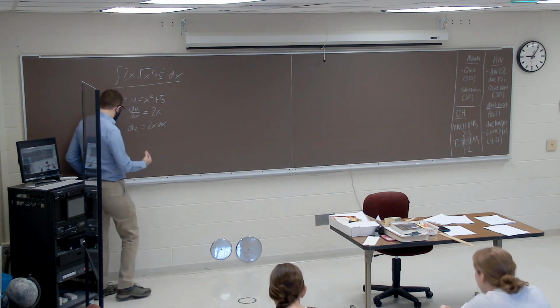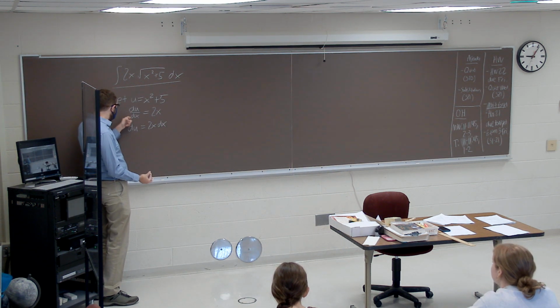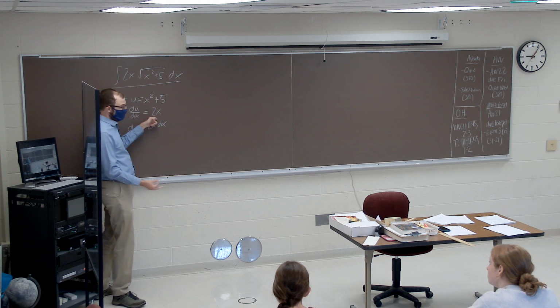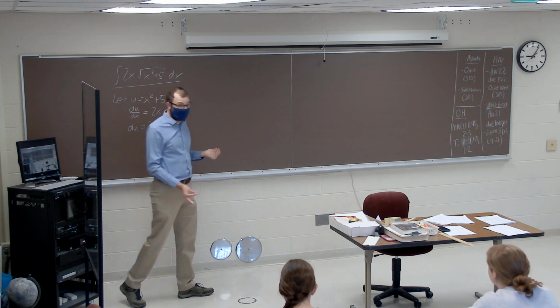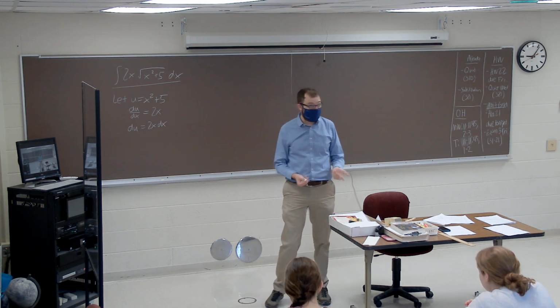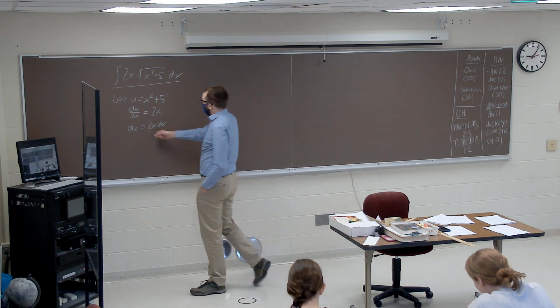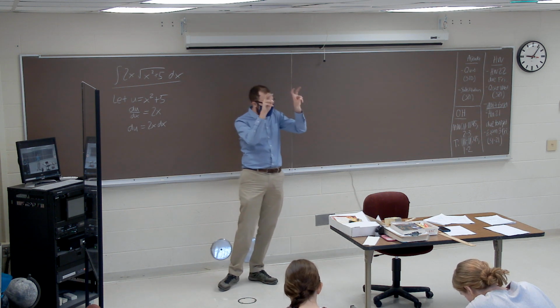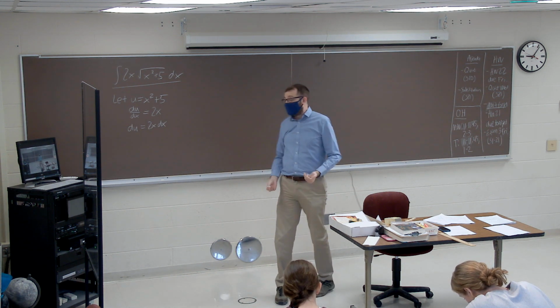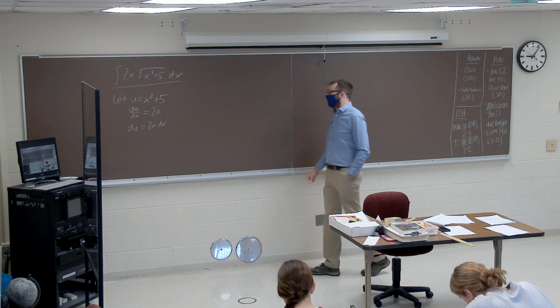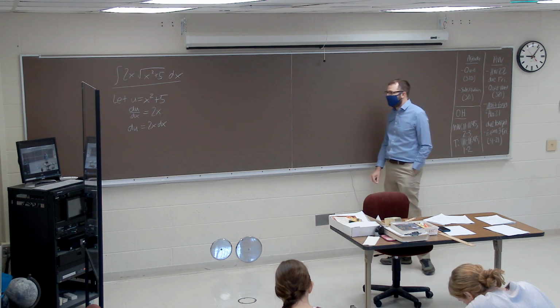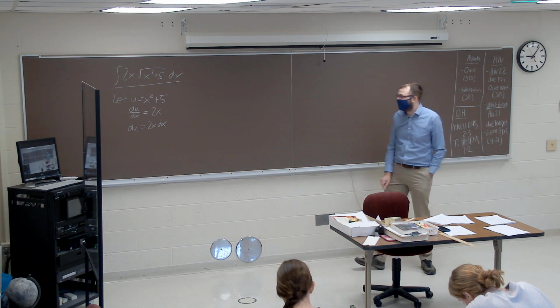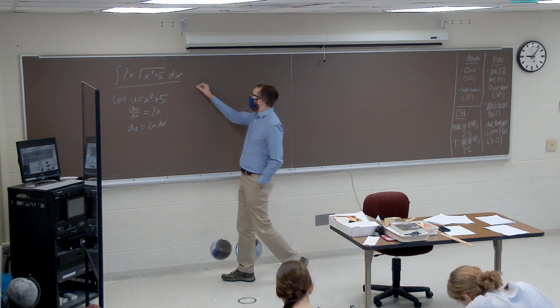So, if du dx is just 2x, the derivative of u with respect to the variable x, and we multiply both sides by dx, that gives us du, which should be equal to 2x times dx. And with that information in mind,